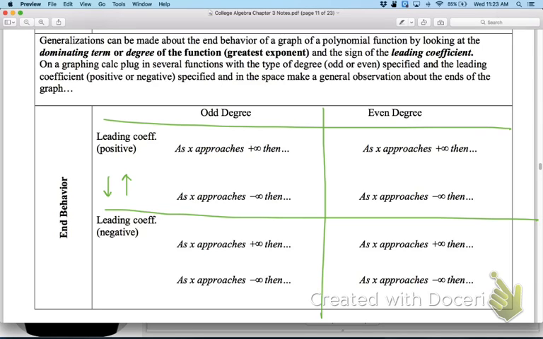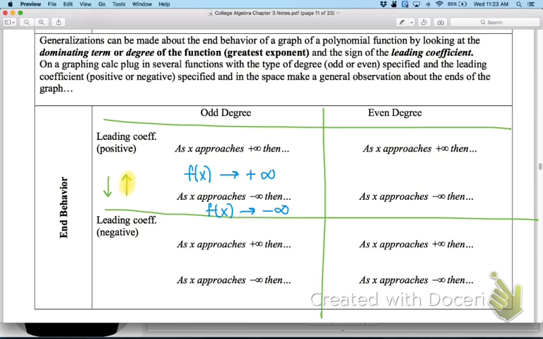And that's how we practice it in Algebra 2, is drawing arrows. So let's think about what that means. As x approaches positive infinity, so that means as I move towards the right, what is my graph doing? Well, the right side arrow goes up. So that means that f of x is approaching also positive infinity. And then as x approaches negative infinity, the left arrow is going down, so we would say f of x